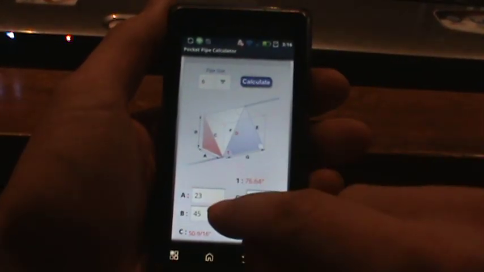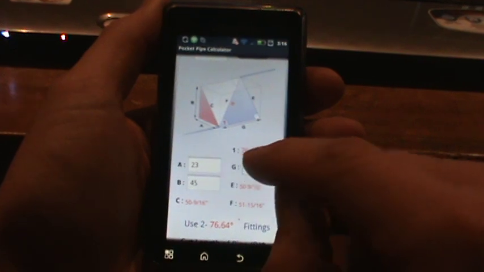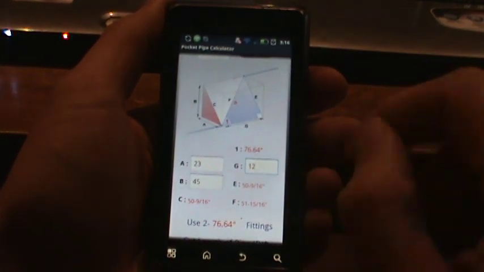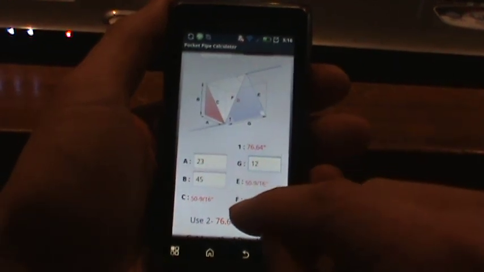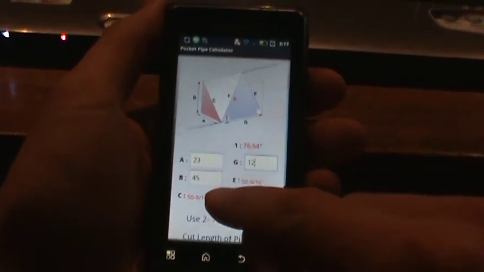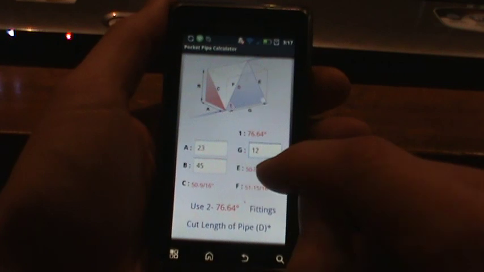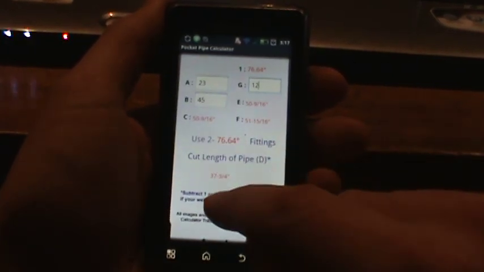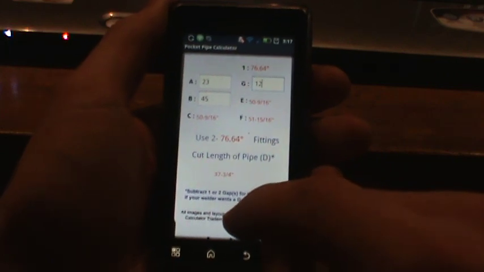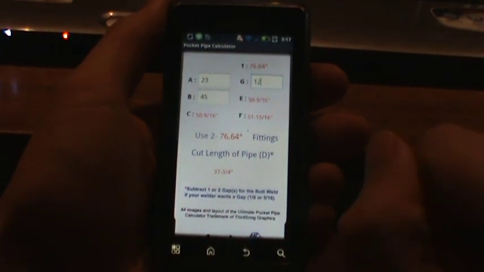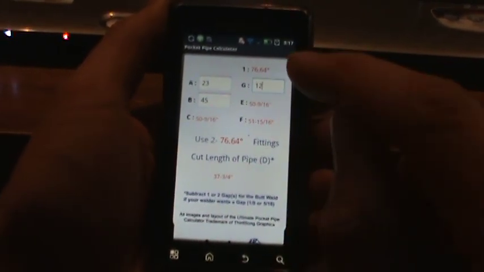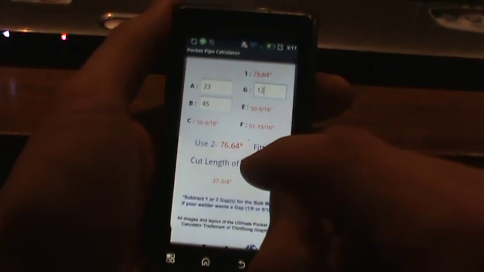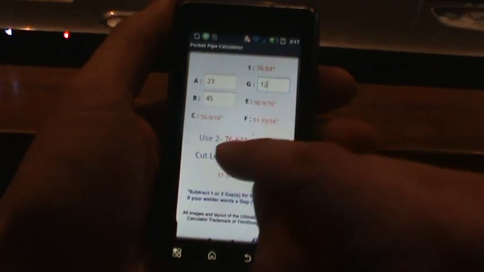We'll hit calculate. You need your angle that's generated, which is angle 1. It's 76.64 degrees. And again, you've got your F, which is your travel, and then your takeout. Now it takes into account the takeout of that fitting, and your cut length of pipe is 37 3/4. Now the benefit to this application is, instead of rounding up trying to figure out what to do on that angle, just take the